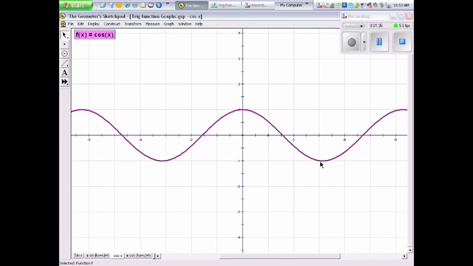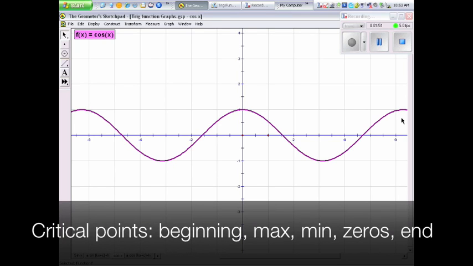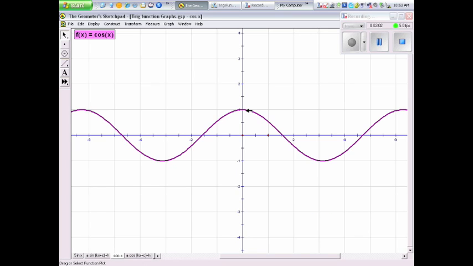Now these are just the basic principles, basic properties of sine and cosine. If you're going to be able to graph this by hand, it is absolutely critical that you be able to graph those important or critical points, especially when we get into something a little more complicated, when we begin to change the amplitude, change the phase shift, change the period, the vertical shift, whatever those things happen to be. If I can't graph sine and cosine of x,